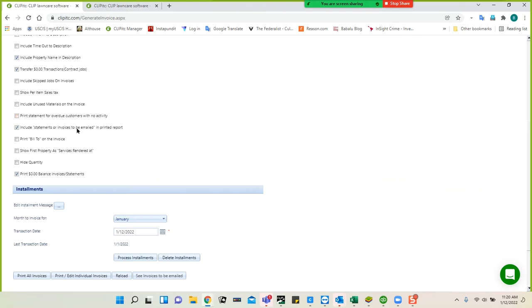Include statements or invoices to be emailed and printed report. That allows you to, for those customers who are being emailed, to also print a copy of their bill. Print bill to on the invoice. This just makes clearer who they're sending